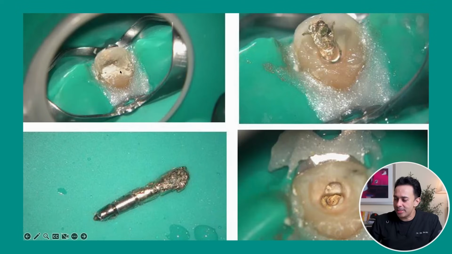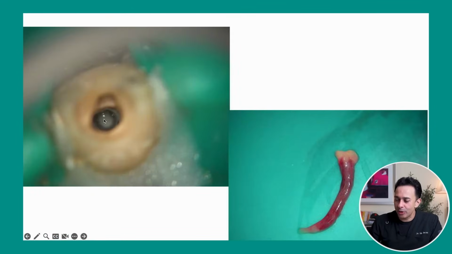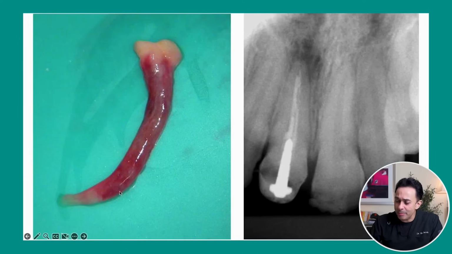But to my surprise, once I did the disassembly and removed this metal post, then I removed the gutta percha that was there in the canal. Initially, I found a lot of drainage, but when I started irrigating, I found something fibrous there. And when I put in an H file and removed it, what I found was this huge chunk of pulp which just popped out. I was really surprised because it's not something that you see every day. This is actually a remnant of the pulpal tissue which was in the canal.